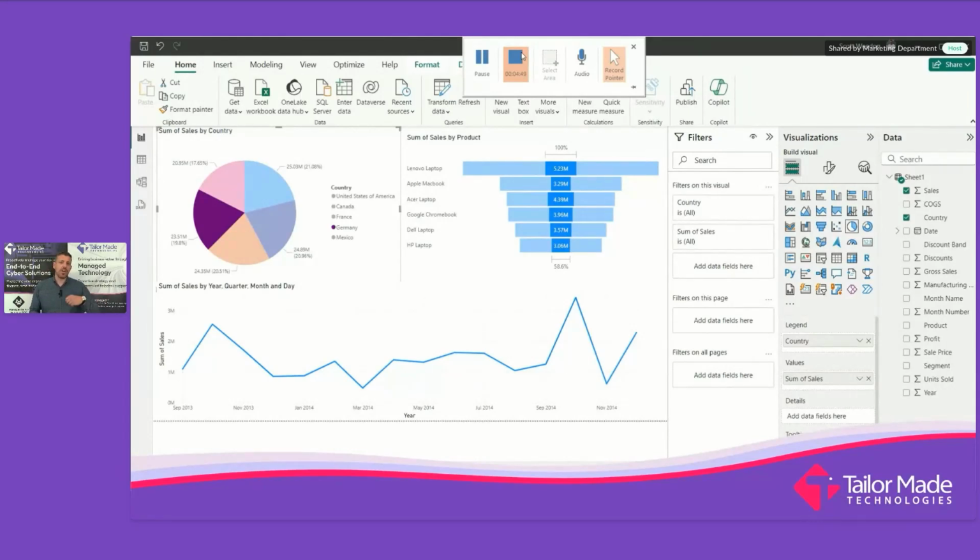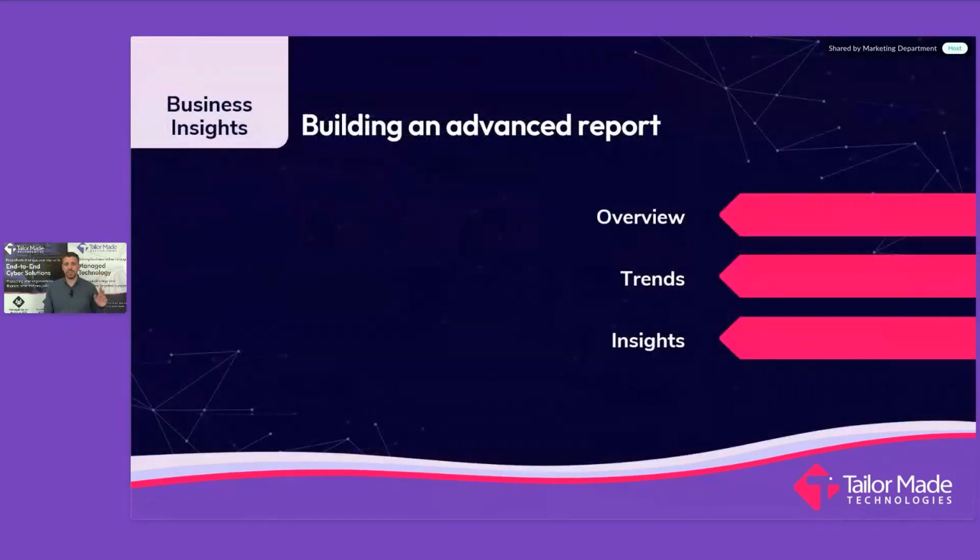Okay. And we can go much, much further than this with Power BI. We can do all sorts of things like Power Query, which we're not really going to dig into today. But what I'd like to do now is show you the art of the possible, an advanced report, something that's way more complicated and has a lot of other functionality in it. We're not going to have time for me to show you how to build that, obviously, but it'll give you a bit of a taste of where you could go with this.